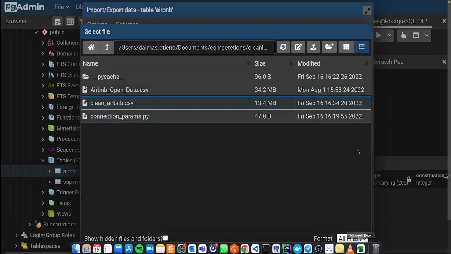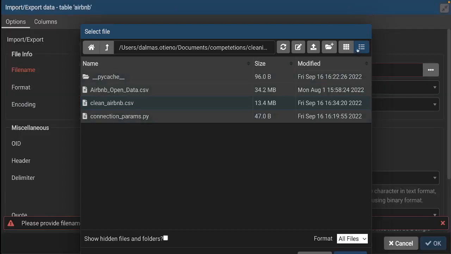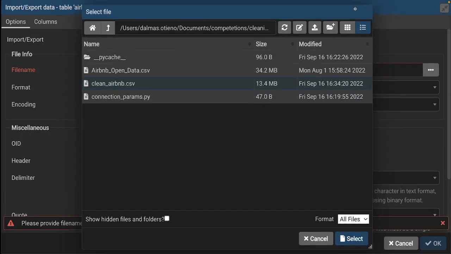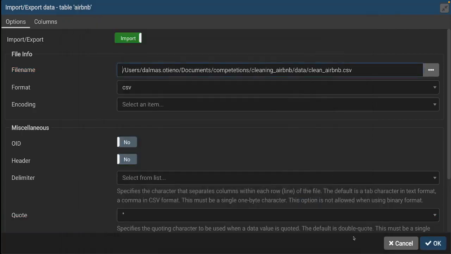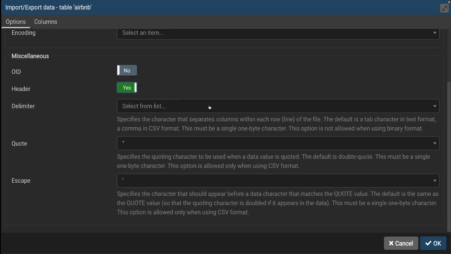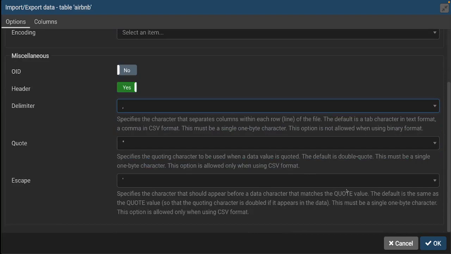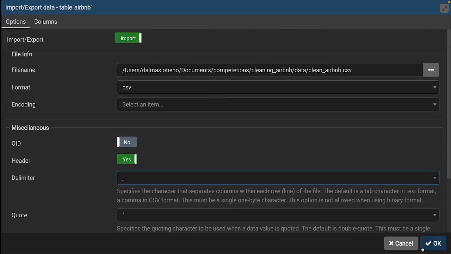I'm going to pull it up, then I click select. So it is a CSV. I'm not going to choose an encoding. It has a header, the delimiter is a comma, and we are done. So I'm going to click OK,